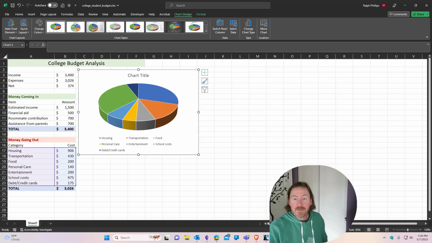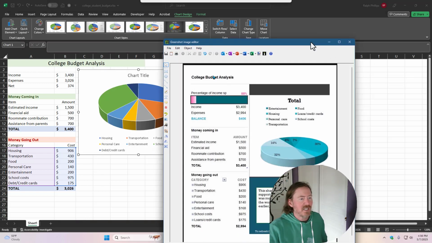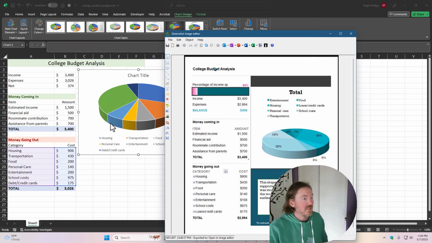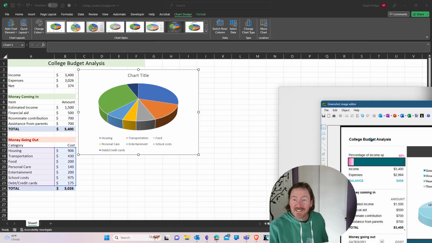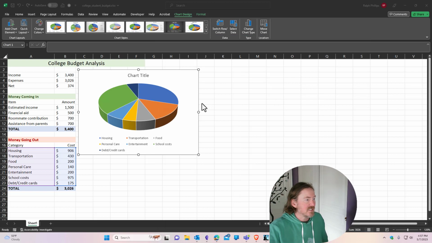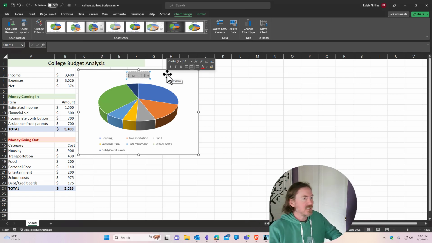It's maybe not as cool and polished as the one in the example, but it's already looking kind of neat, and it does use a bunch of different colors. It's got my legend down here that shows the category names and the colors. That looks pretty good. I'm going to give it a better chart title, so I'm just going to click up here on chart title, and I can go ahead and call this,